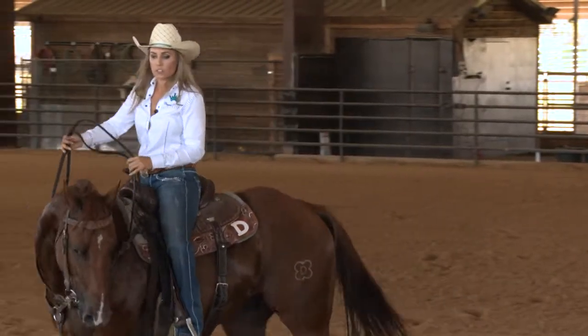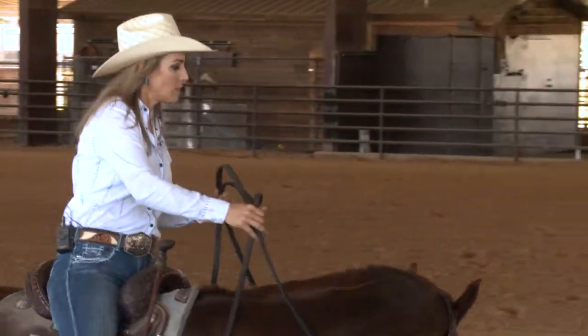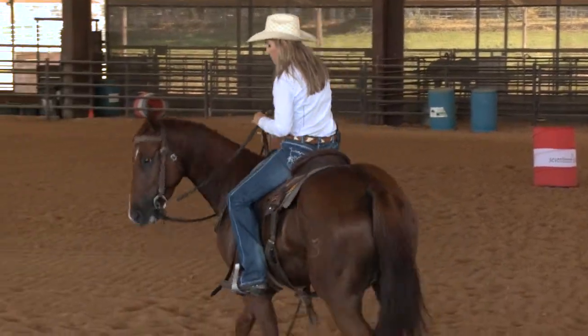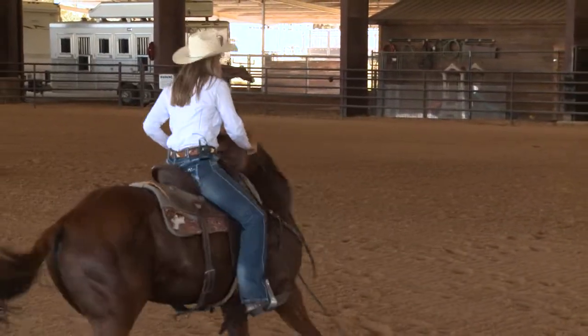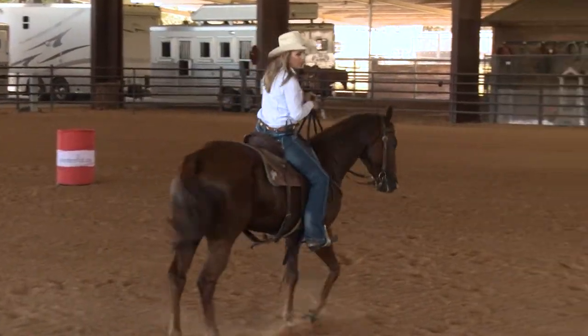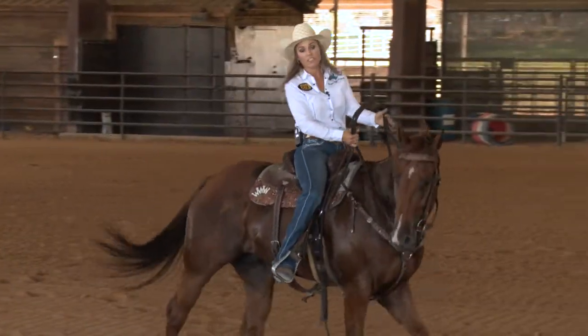I can break this horse in the ribs without having much bend. He knows to bend because I taught him to. But by doing this, see how he just gives his face all on his own? That means my horse is soft. But even if I want to take him by surprise, he has to turn because he's broken the ribs, okay? And that's what it's about, is having your horse soft enough that they can physically do